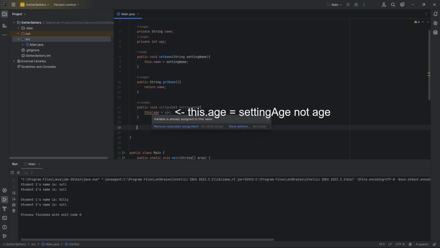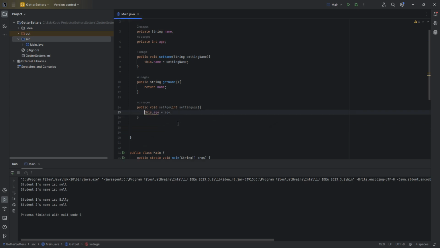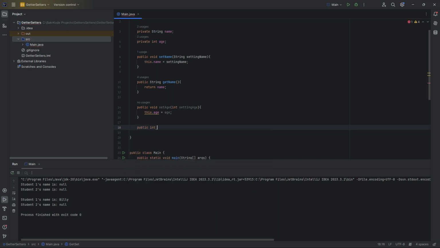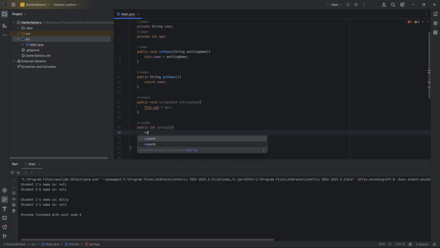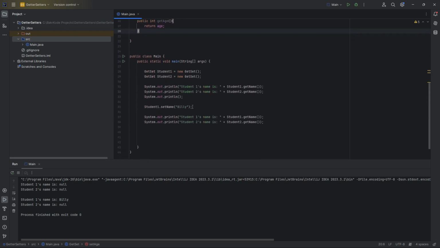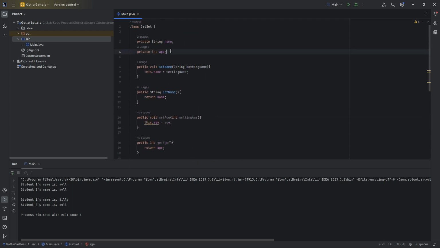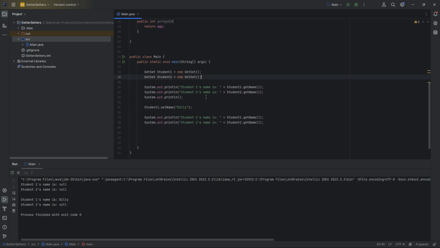And this gives me a little error message. You've done an assignment. And now we're going to have another one, which is going to be public int get age. Return age. Okay, so now we've given these two objects another variable to deal with, which is the age variable. 3 usages of this. Okay, so now I can also come in here again, and in student 1's name I can do this: